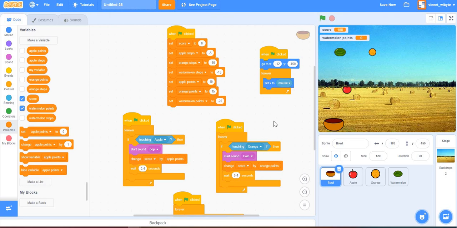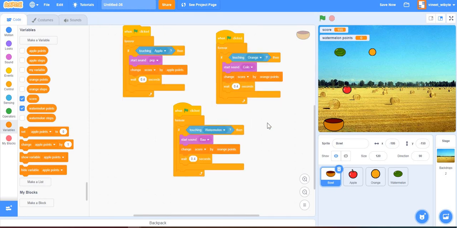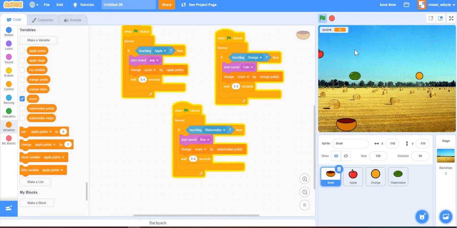Which means if I catch a watermelon by mistake, first of all, I'm not happy, I'm singing this ba sound, and I change the score not by orange points but by watermelon points, right? Now I urge you to do this a little slowly yourself so that you get a hang of it. But it's not hard, it's systematic. So what's happening now? Now if I'm catching a watermelon, right? On the other hand, if I catch an orange, notice I'm almost getting there. So suddenly from just having